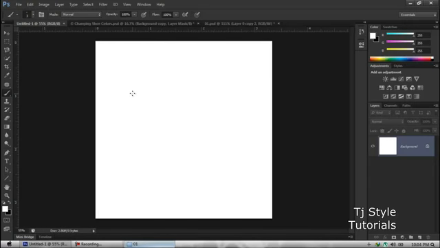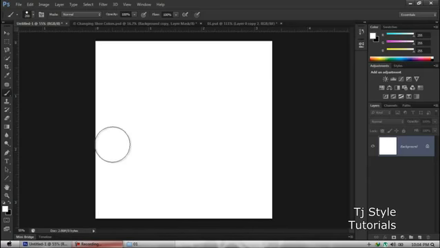So instead of going to the property bar to change the size of my brush, I'm going to resort to the keyboard shortcut, and that is the right bracket key. The right bracket key is beside the left bracket key, which is beside the letter P on your keyboard. Those two bracket keys will help you increase and decrease the size of your brush. So that's very important. And now you will be wondering, if I just go ahead and start painting with it, why is nothing happening? Now the reason